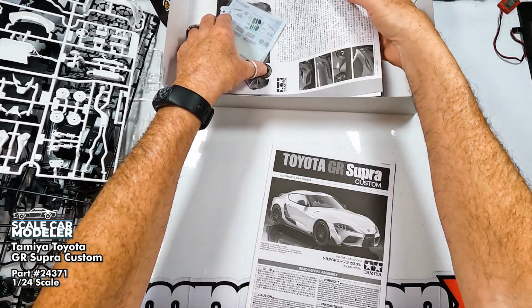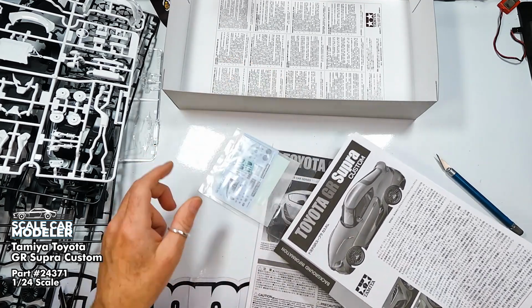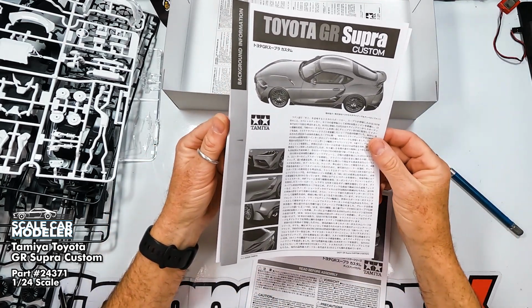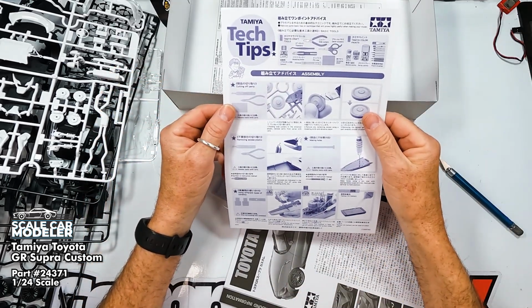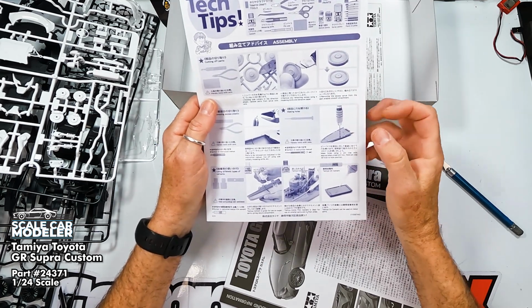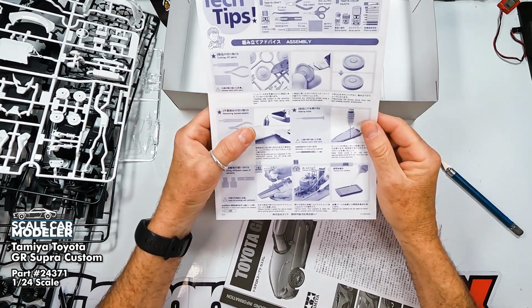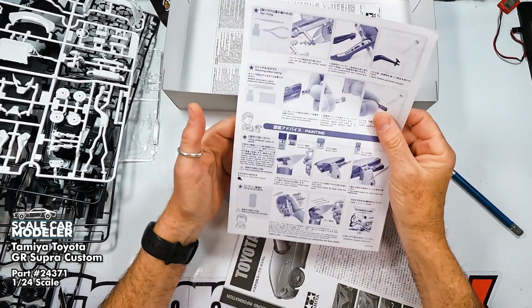And then we have the paperwork. Let's see what we got here. Interesting. I have a comment. Okay, first thing is, of course, Tamiya's Tech Tips. Gives you some tips on cutting the parts off the trees, drilling if you need to drill, remove any excess plastic, gluing, detailing,